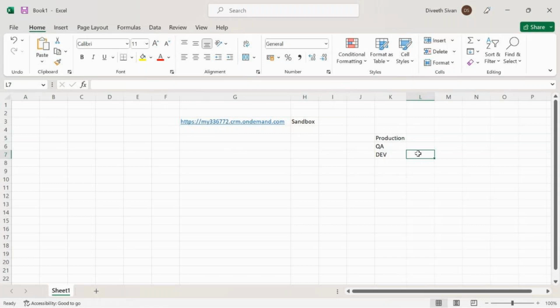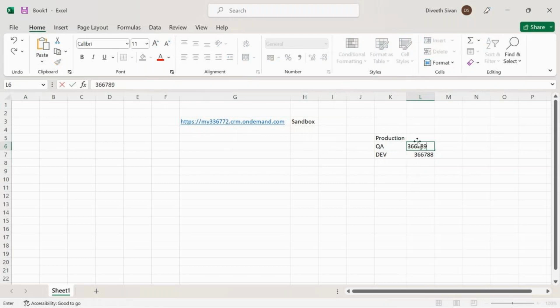And you can also go for the three-tier tenant. Like dev, they will give you 366788. So this might be your dev tenant URL. It will be HTTPS. Instead of this, they will give you this number, and for QA they will give you